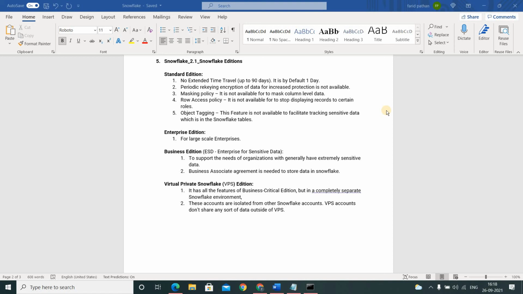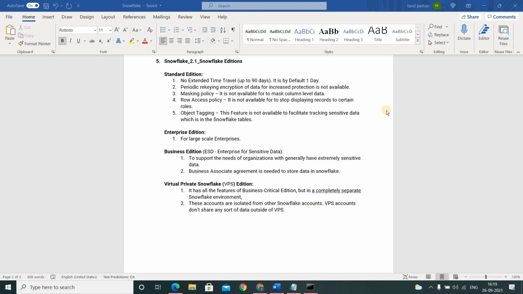This Enterprise Edition is mainly intended for large scale enterprises. And the third one is Business Critical Edition, or people call it ESD, Enterprise for Sensitive Data. So what is this?